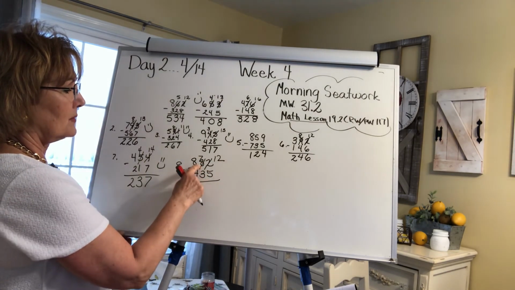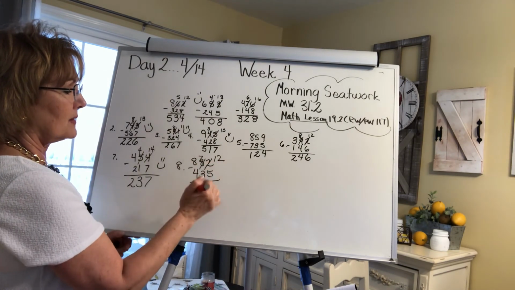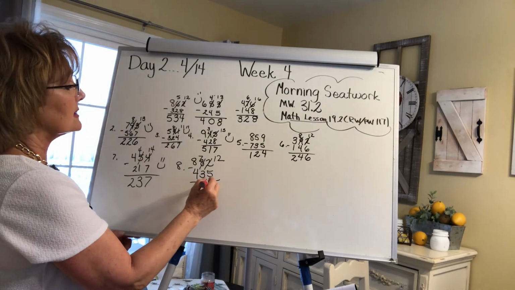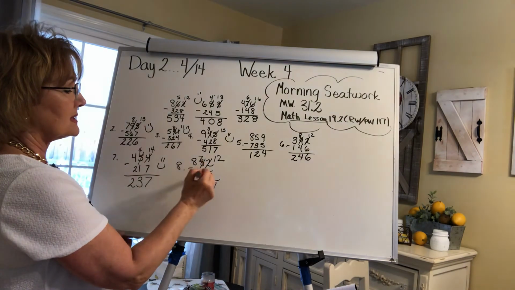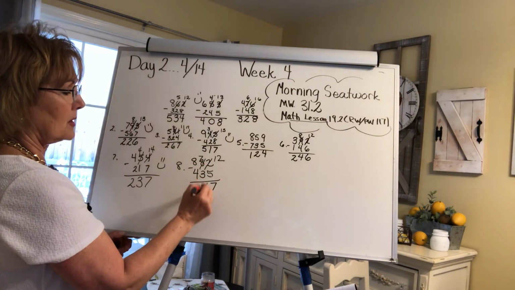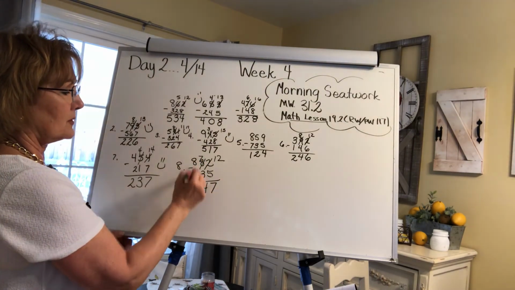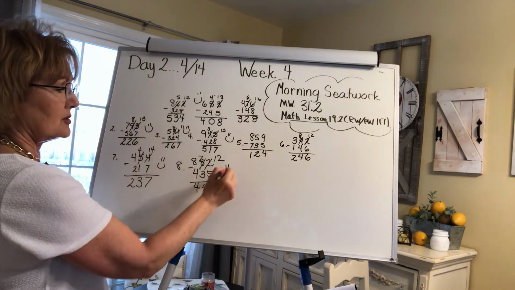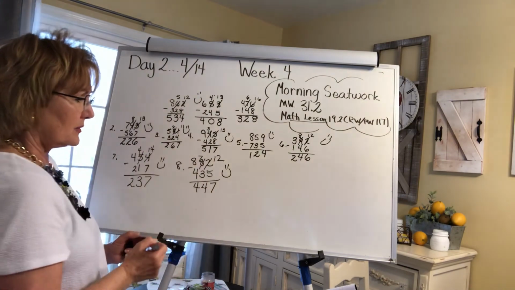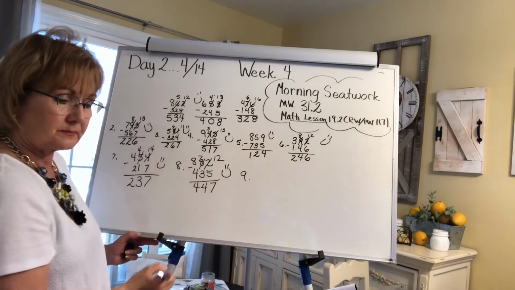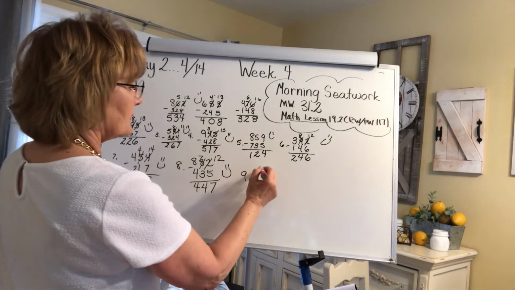There was more on the floor. I went next door. 12 take away 5 is 7. I still have to do it in my head. 8, 9, 10, 11, 12. 7 take away 3 is 4. And 4 plus 4 makes 8. Okay, did you get that one? Did you get that one? Did you get that one? All of them? Okay, number 9, 548